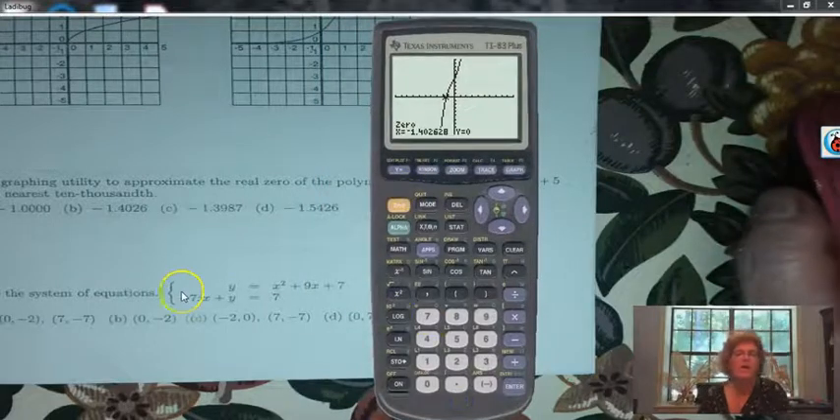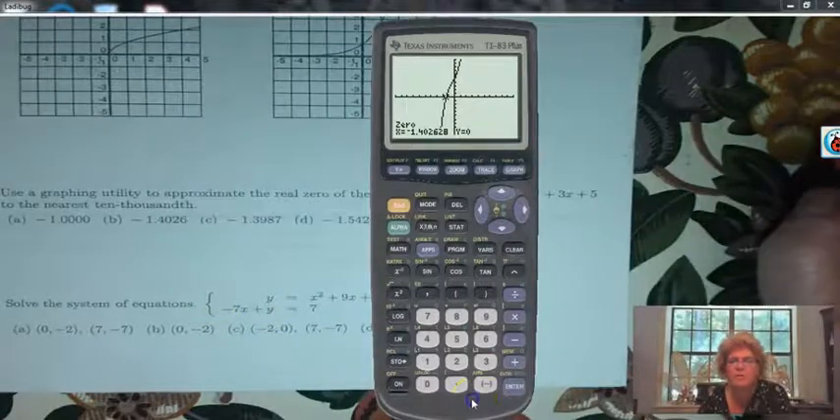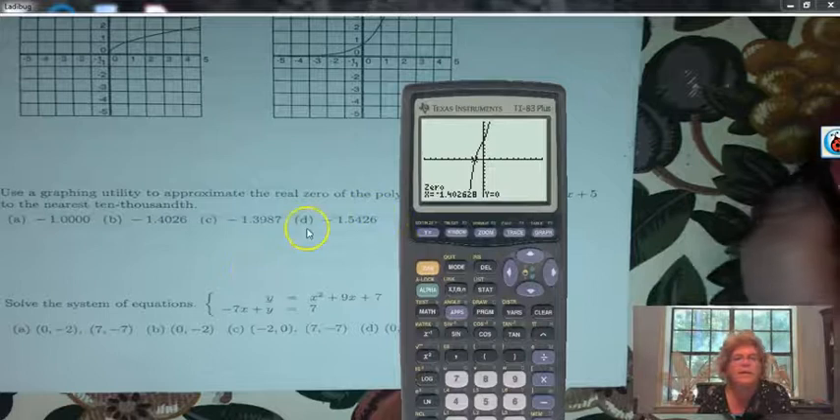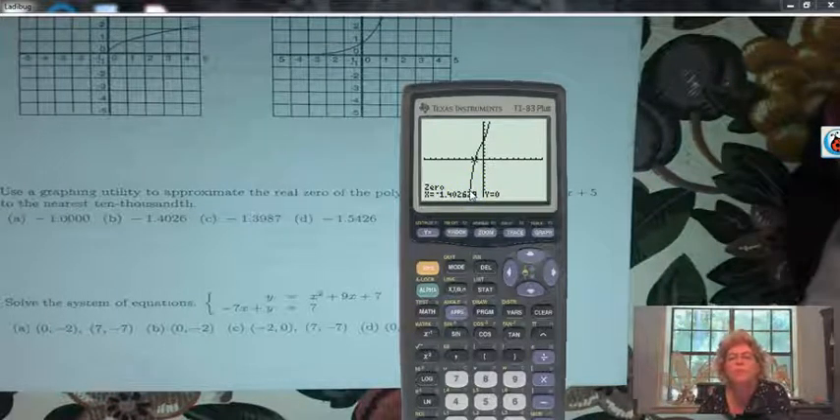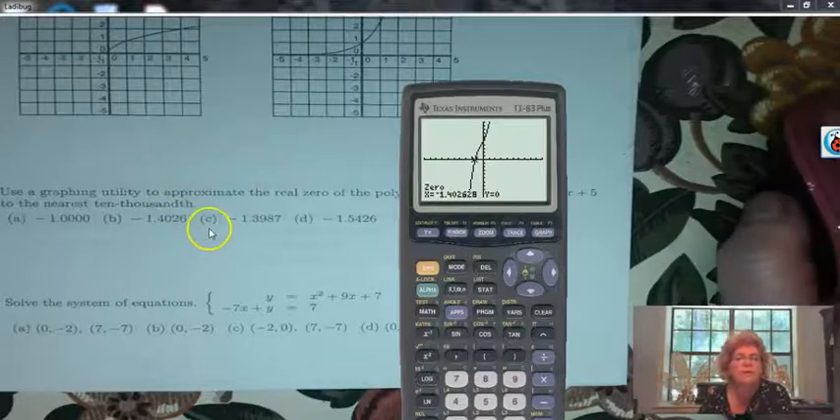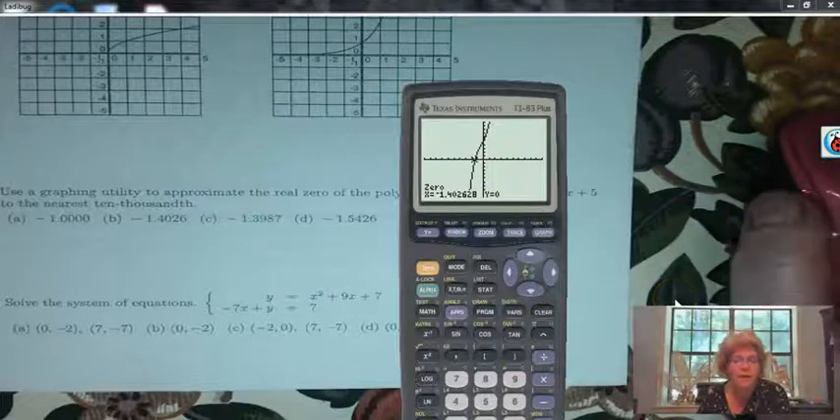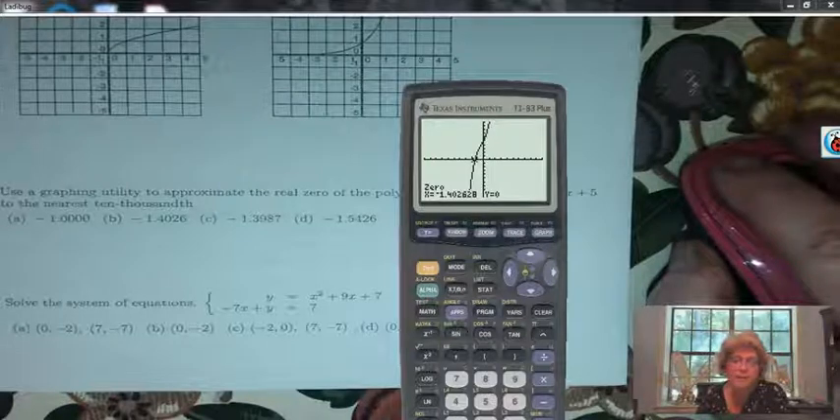So now, which one is that going to be nearest to? If they're all taken to 4 places, 1, 2, 3, 4. Okay, so that 2 won't affect that 6. So I'll have negative 1.4026. And you can see that's matching exactly with selection B there. So that's how we use our graphing calculator to decide what an irrational